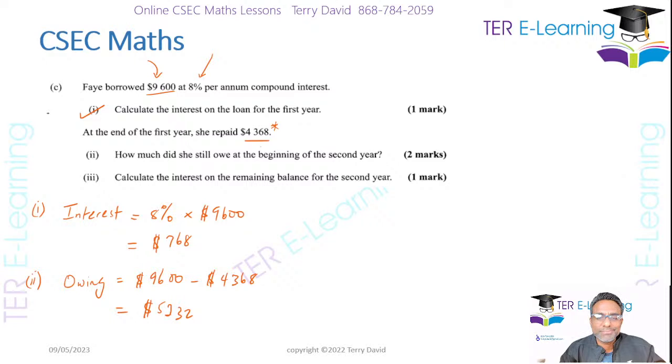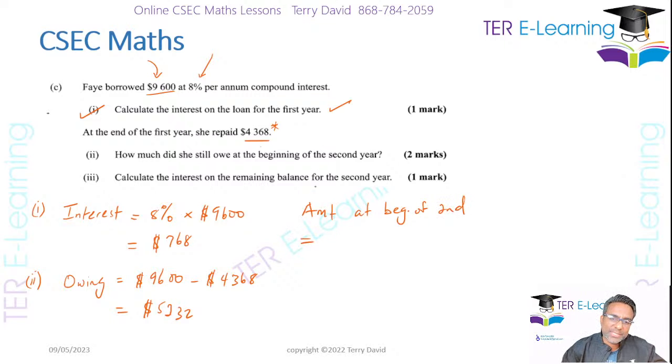Like I said, we really have to analyze this to make sure we're interpreting it properly. So in this case, let's see what I have here. We take, so remove that amount. But remember, she would have had interest as well. Remember, you just worked out the interest that she has to pay, which is $768. So the amount still owing, or the amount at the beginning of the second year,